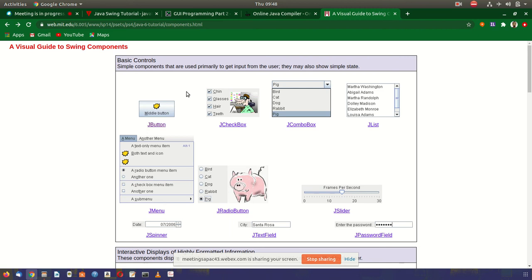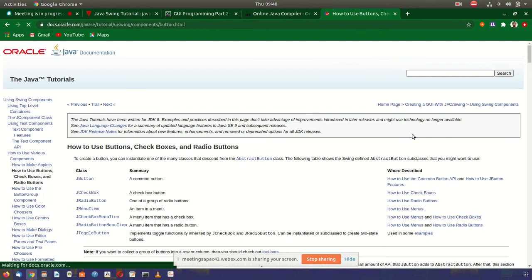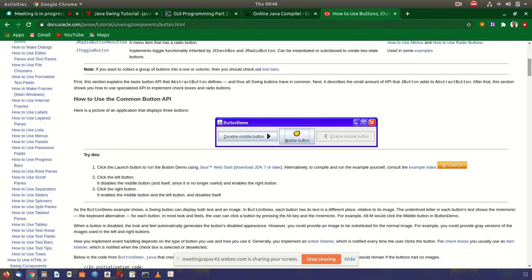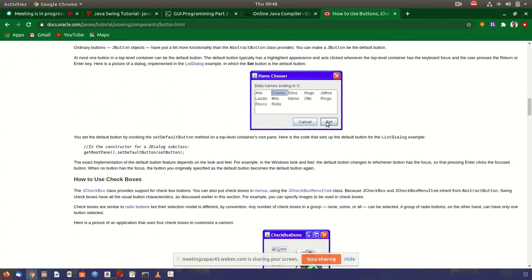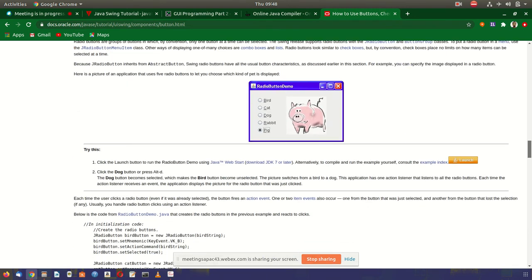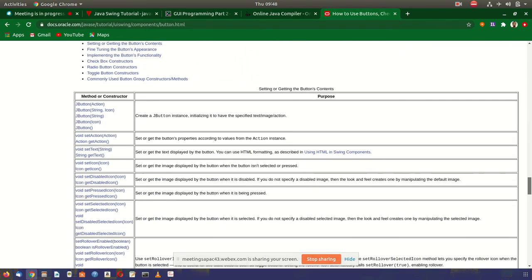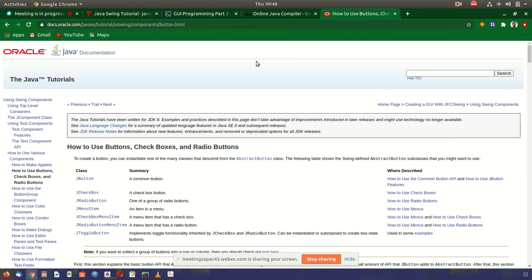Start, install, that button where you can click. Here you can see cancel and set. These are known as buttons. Okay, so that is a button.